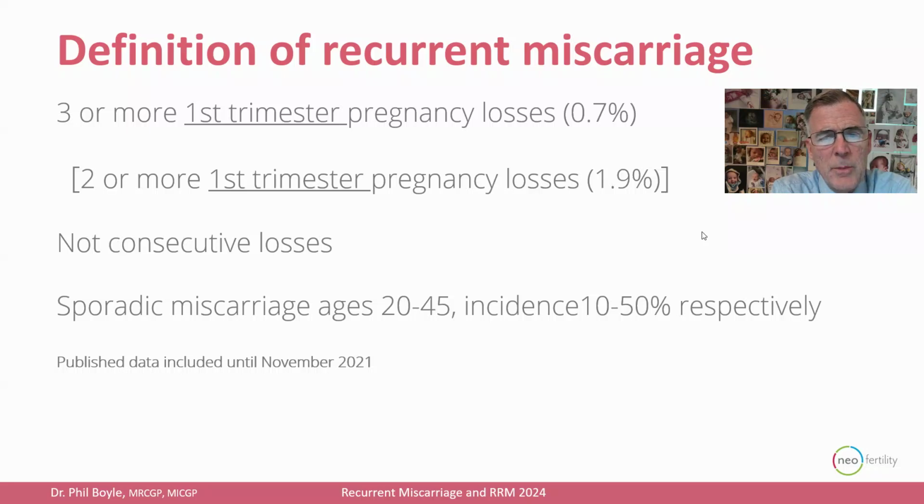And then they talk about the concept of sporadic miscarriage, where this is quite common to get an occasional miscarriage, and depending on a woman's age, it's the single biggest predictor of the risk of an out-of-the-blue spontaneous miscarriage for no obvious reason, and it's attributed largely to probably genetic factors, especially with aging of female eggs, that you're going to have a higher risk of miscarriage. So the expected incidence of a sporadic once-off miscarriage is about 10% when you're aged 20, rising to greater than 50% at the age of 45.